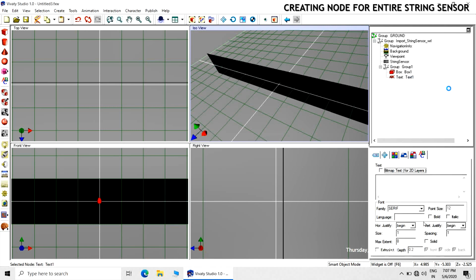This will be the font. Here you can change the justification. 0.75 will be the appropriate size for the text.